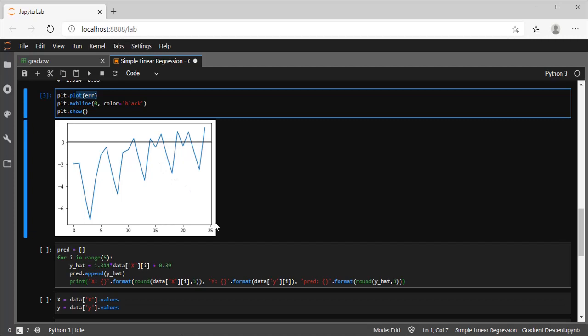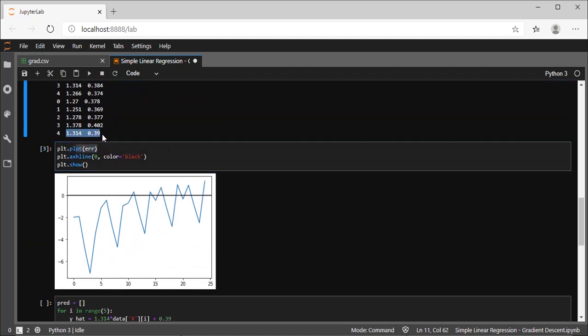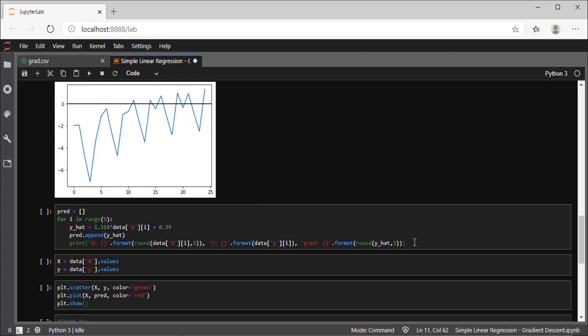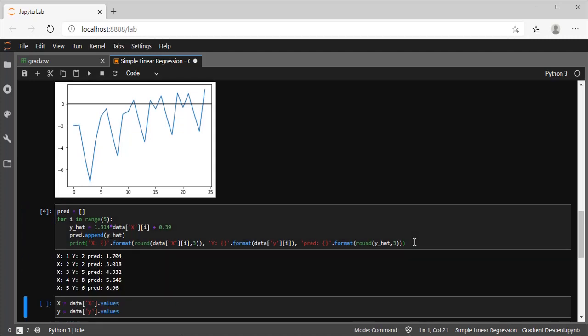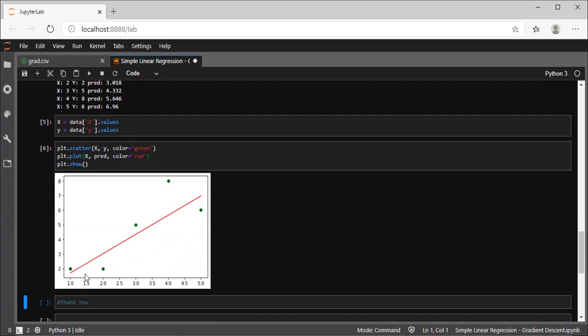So guys, now we have both optimized m and b values, that is 1.314 and 0.39. So now we can predict the output based on these values. Guys, now by passing x, y and y hat values to plot function, we can see the best fit line over that scattered data points. Now we can converge this more by tweaking m and b parameters as well.